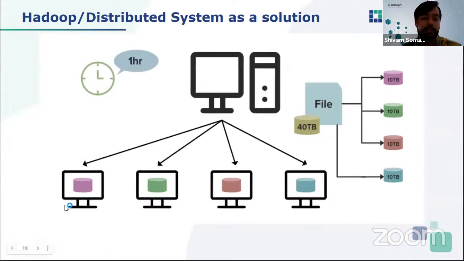So basically we call it a node, and there should be a master which manages all this processing, or you can say storage. Every task that we perform on a distributed system should be controlled by some manager or master, you can say a master compute device. So there is a master system, there will be some slaves, and in the distributed system the data is stored in different nodes, and also the processes which are being performed.